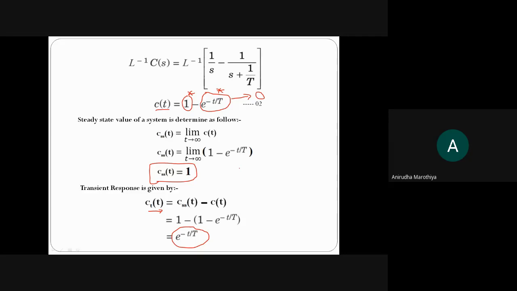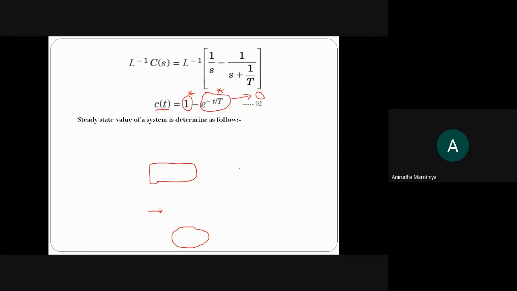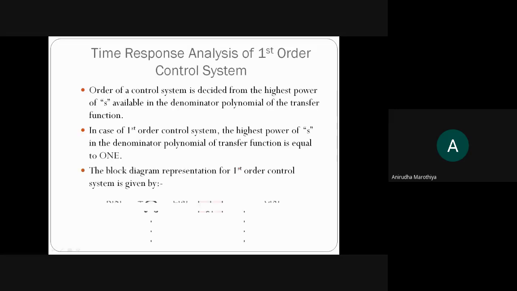You can also determine the error of this particular system by applying our previous logic. For example, the order of this system is nothing but 1. And the type of this system is equal to 0. See here, this expression indicates the overall transfer function. From this, it is very clear that if you convert this into standard form, we have s to the power 0. So the type of this system is nothing but 0, or simply it is a type 0 system.